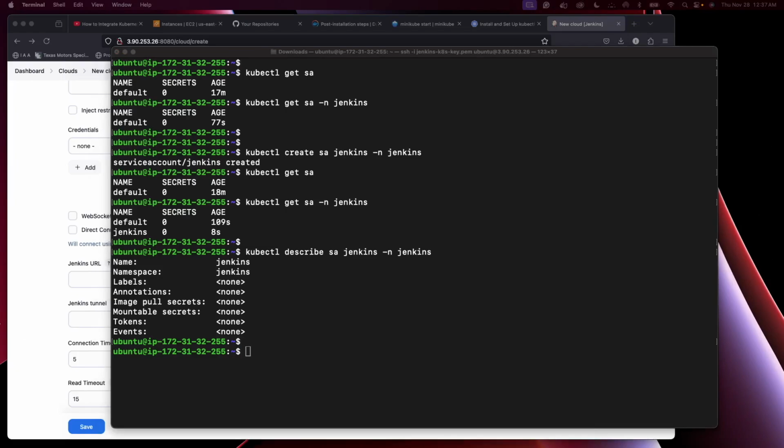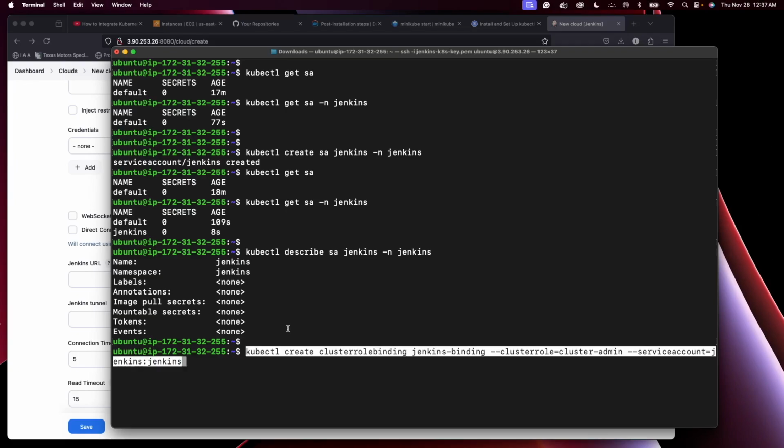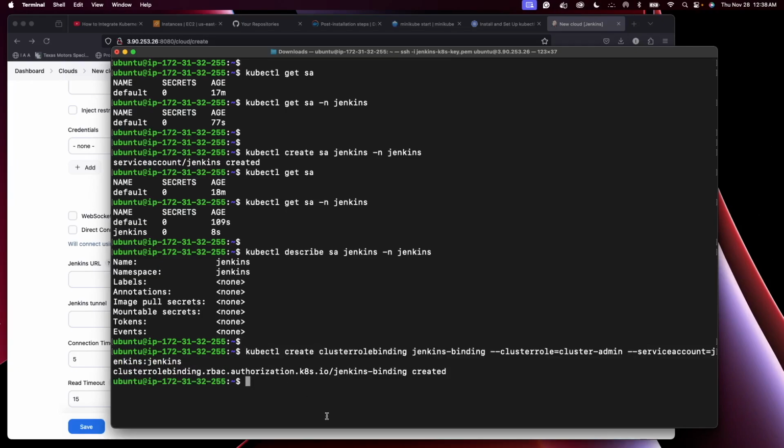So before creating the token, I'm going to create a cluster role. Now this cluster role will have admin access or admin privileges. That way we can interact with the Kubernetes cluster more effectively. So this is kubectl create clusterrolebinding, and we are creating the cluster role binding jenkins-binding, and the cluster role is cluster-admin, right? And of course our service account is Jenkins, and it's inside the Jenkins namespace. Press enter, and that should create your cluster role binding. With that out of the way, we can go ahead and create our token